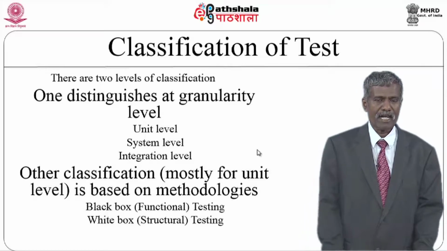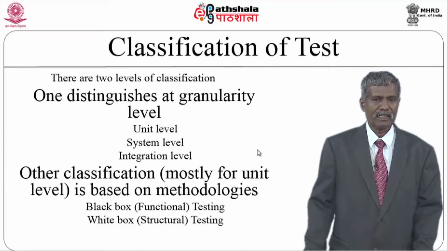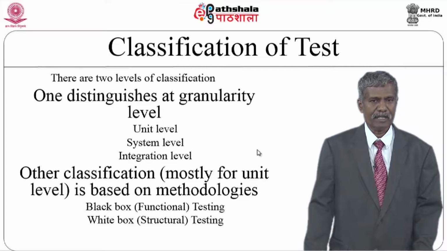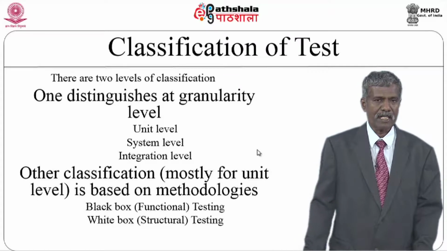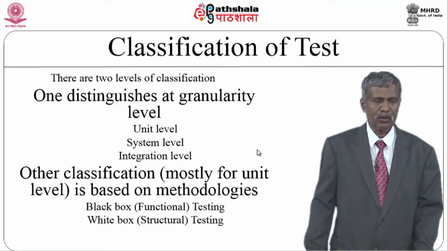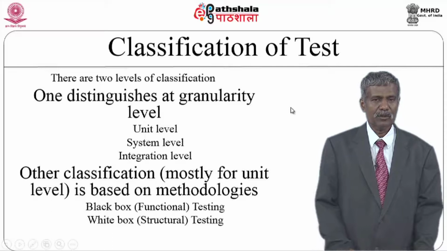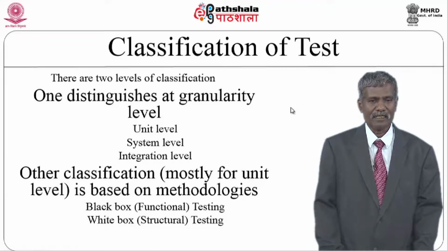Now, let us say the parent of functions 1 and 2 is P1, and the parent of functions 3, 4, 5 is P2. We have parent 1 and parent 2. These are separately tested. After that, they are integrated. When you integrate them, you get the entire software integrated into one parent. That is called the main program. Finally, you integrate everything into one main program, and that type of testing is called bottom-up integration.